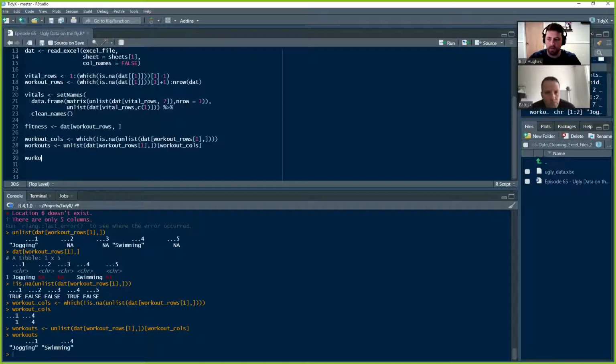And so workout tab, and so now I'm going to generalize again and try to identify which columns I want to be using. So I want to find the NAs after that first, up until either the end of the column or